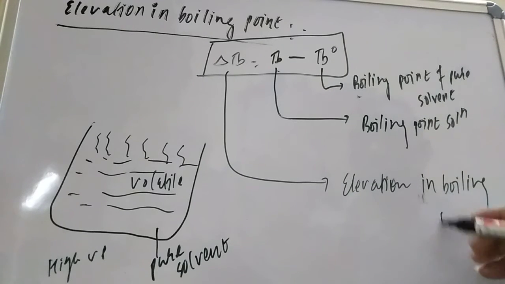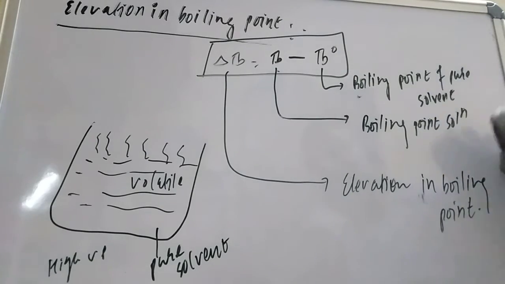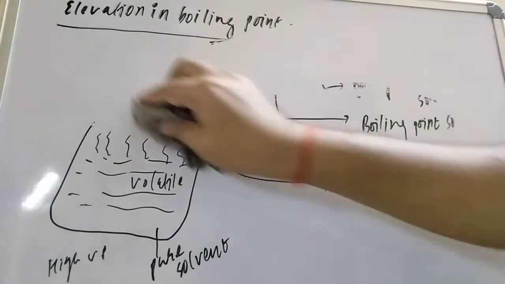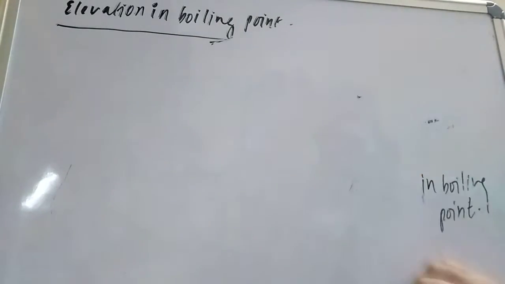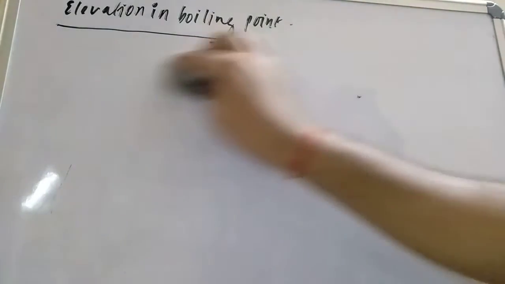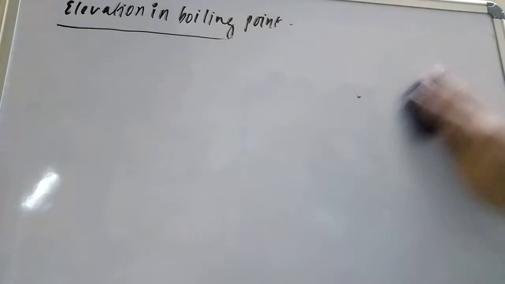This we have to understand, student. Elevation in boiling point. All these things we have to understand one by one. The derivation, now try to understand a little more deeply. They are saying that delta TB is a colligative property. Elevation in boiling point is a colligative property, and experimentally it depends on the number of solute particles. The solute is non-volatile, so we have to calculate it in terms of molality.